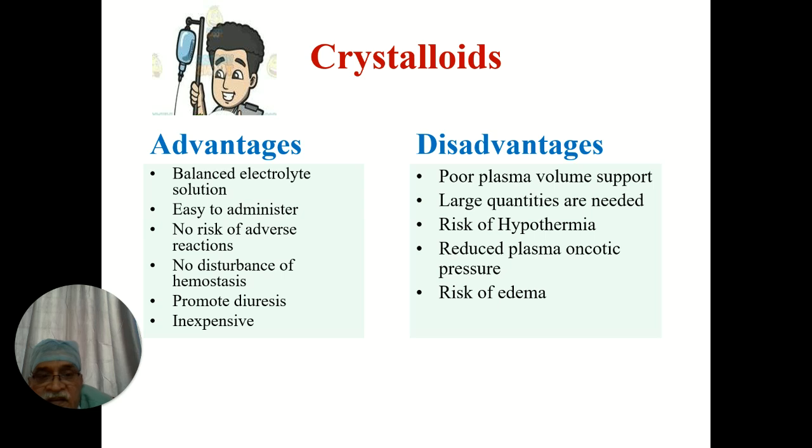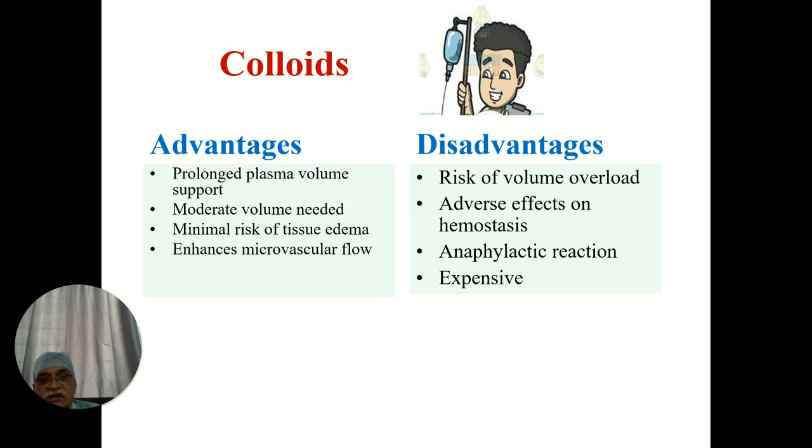So crystalloids are easy to administer, no risk of adverse reactions, it causes good diuresis, inexpensive, but it is a poor plasma volume support. Large quantities are needed, hypothermia, it reduces oncotic pressure, risk of edema. Then similarly, colloids, moderate volume can raise this one, minimal risk of tissue edema, but anaphylactic reactions